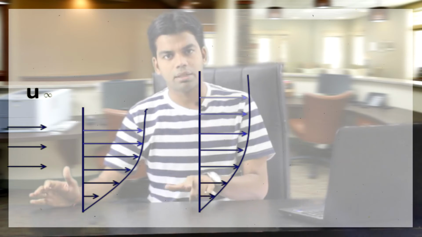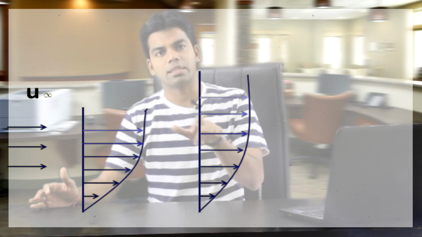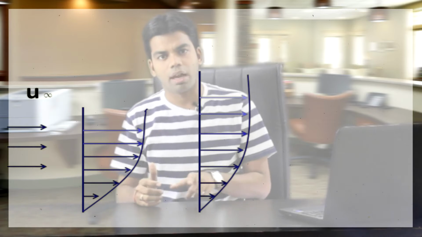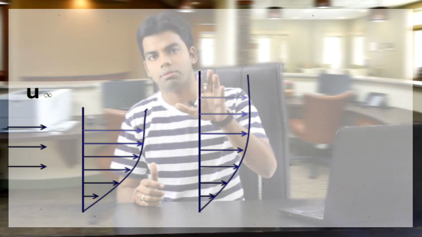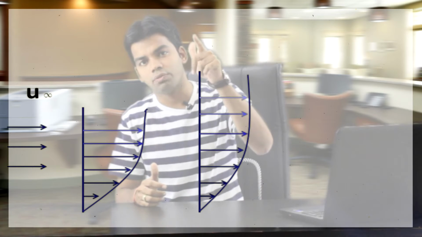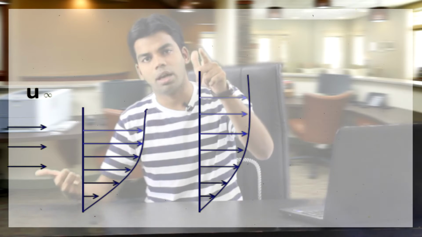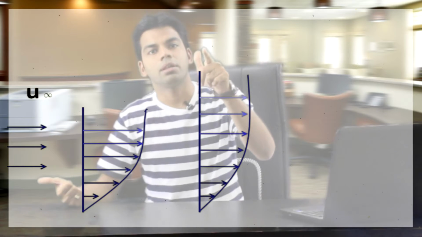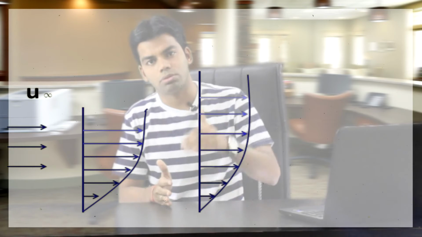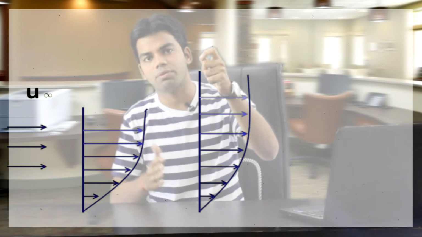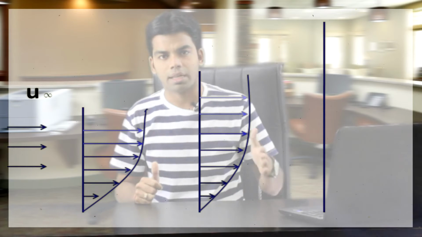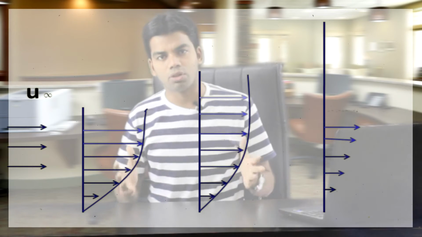Obviously the velocity profile is the same: the velocity increases in the same manner as at the first point, and after a certain point we have the velocity equal to u infinity. But the height of that point will be more than at the first point, because the velocity here is less, so it takes more distance to attain the free stream velocity. Getting this or not? Similarly, if I move further, at this point again I have the same velocity profile,